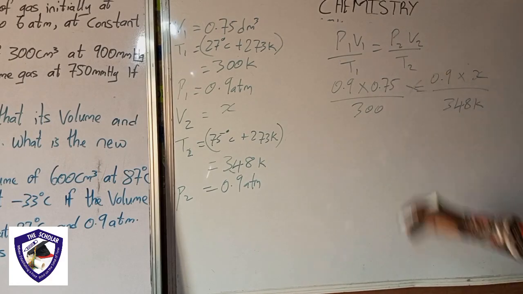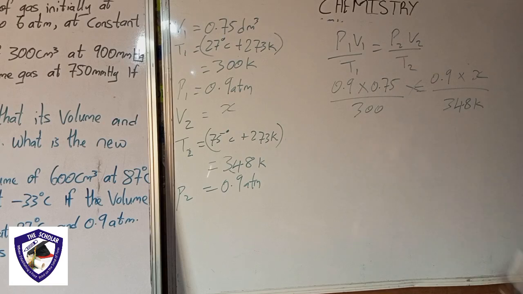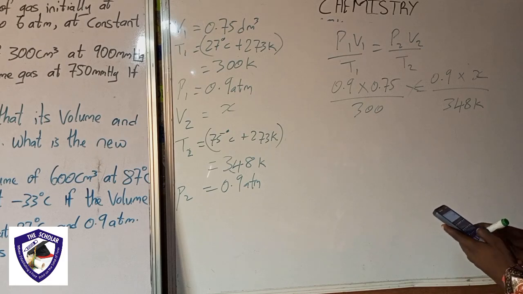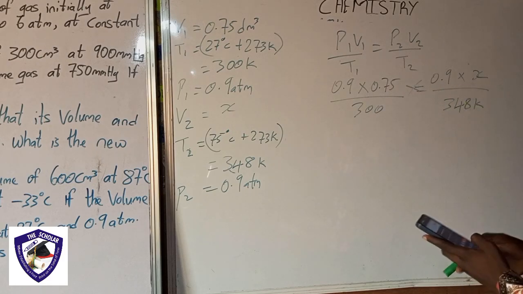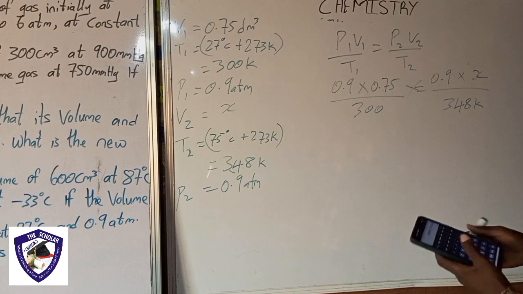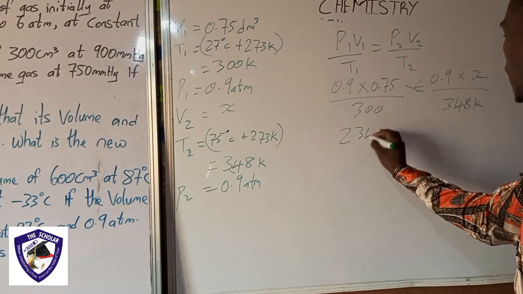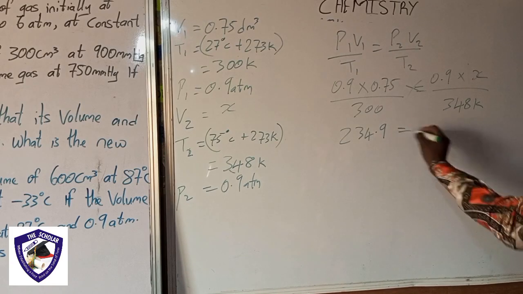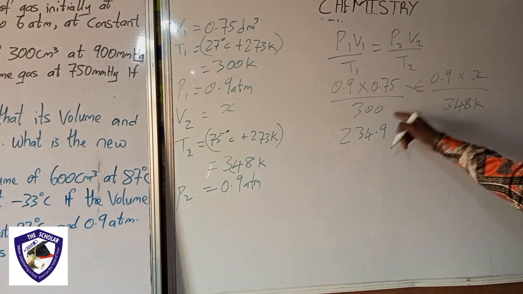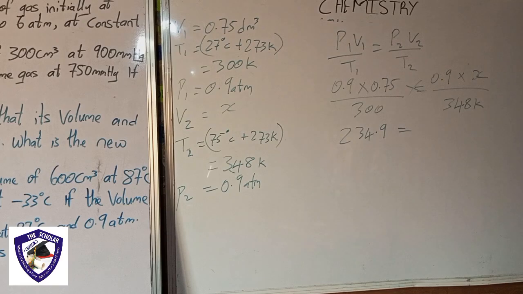Now let's cross multiply. We have 0.9 multiplied by 0.75 multiplied by 348, that is 234.9 equal to, here 300 multiplied by 0.9,